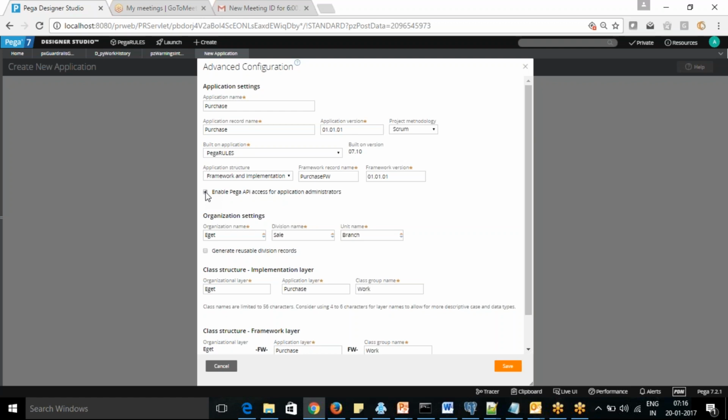So to differentiate one from another, you are creating different classes. Whatever is common at your organization level, you create at the organization level. What are the common things between the different branches? Here we are creating just one division, right? If you have multiple divisions, you would have one for IT, one for sales, one for branch, one for contact center.